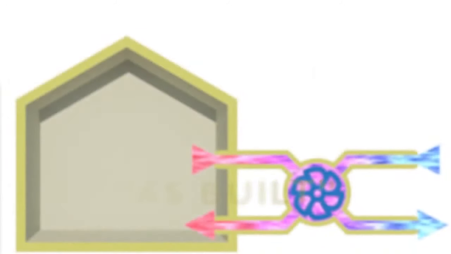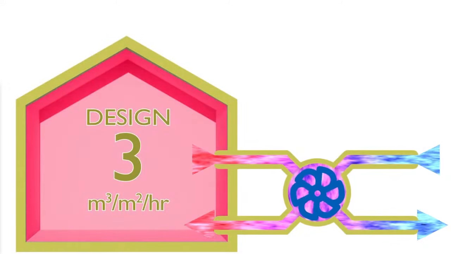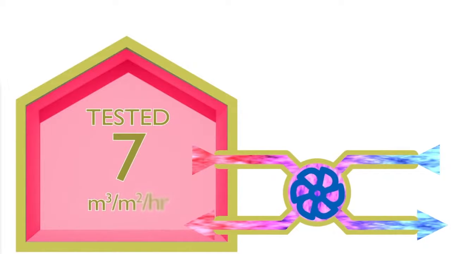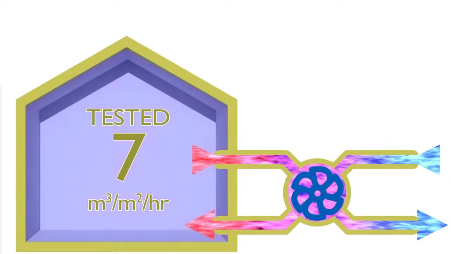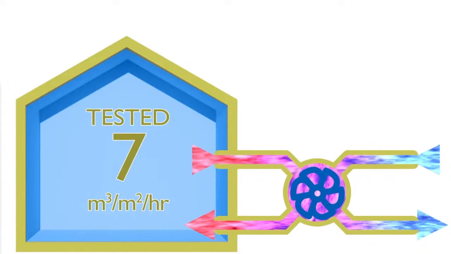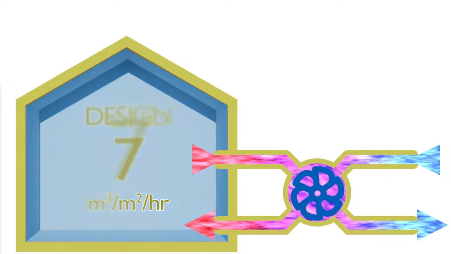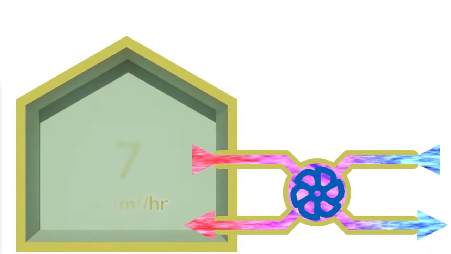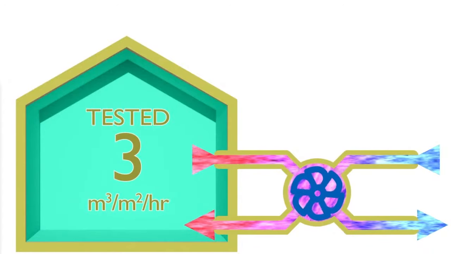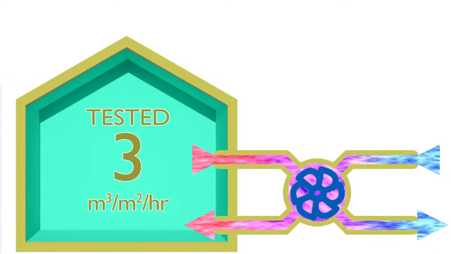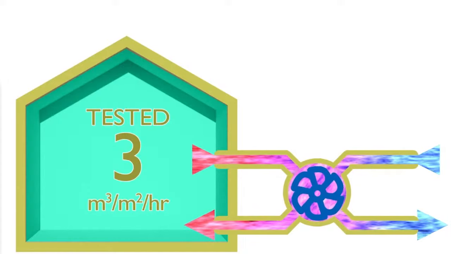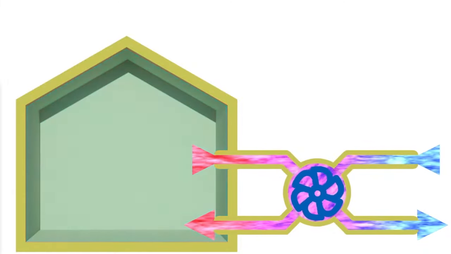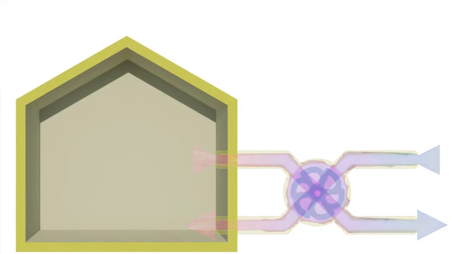What's important here is ensuring the building as built meets what is specified, and here's where systems like Raptite are particularly useful. If you design the building heating and ventilation systems to operate with an air leakage rate of 3 meters cubed per square metre per hour, but when tested the building only achieves 7, then problems can arise as highly optimised heating systems may not be able to compensate for this shortfall. Conversely, if you design to 7 meters cubed per square metre per hour and actually achieve 3, then ventilation may not be able to supply sufficient fresh air to provide acceptable air quality. What's important is ensuring the building is constructed within its design specification, thus allowing all the building systems, active or passive, to perform as intended.